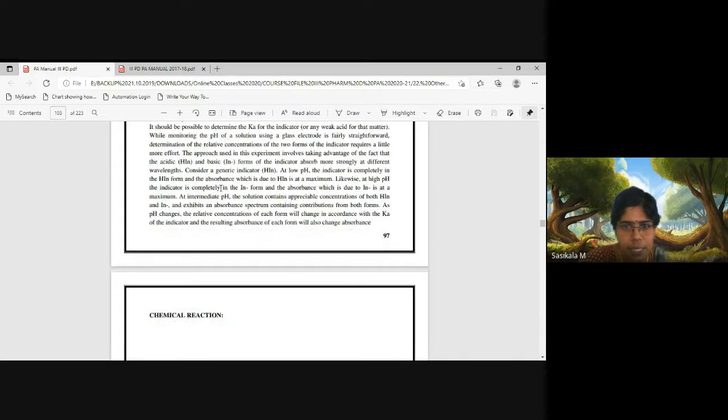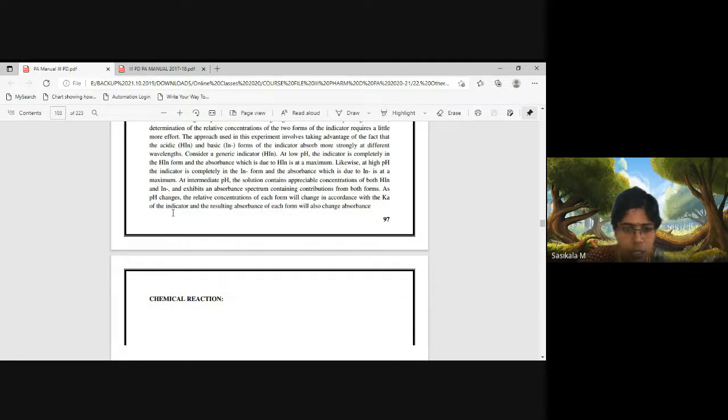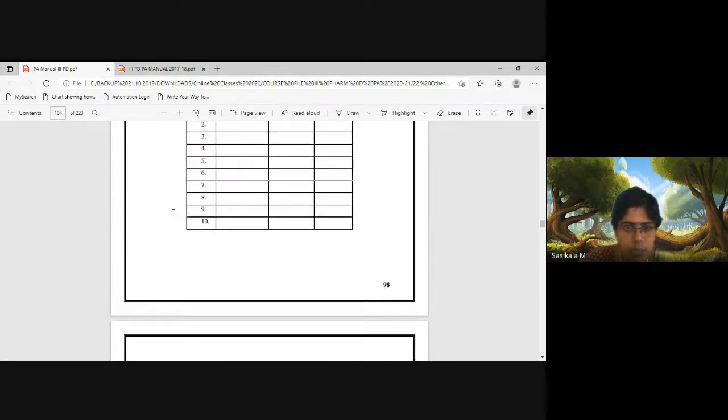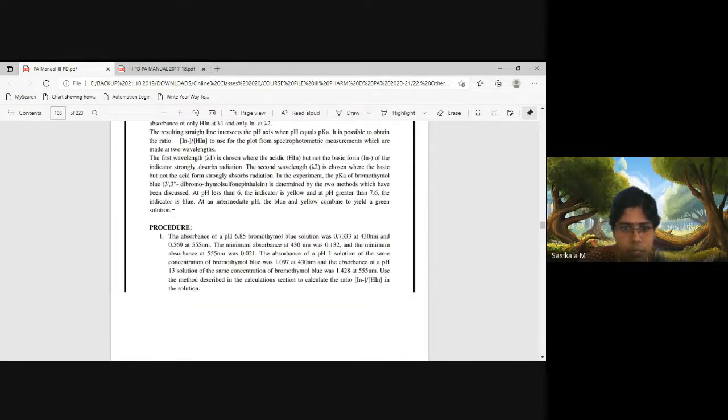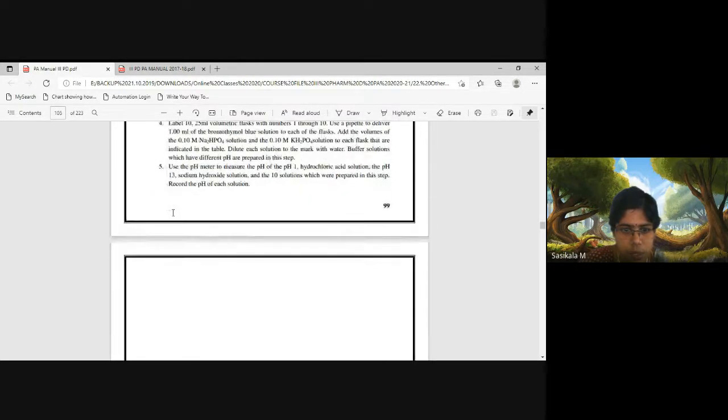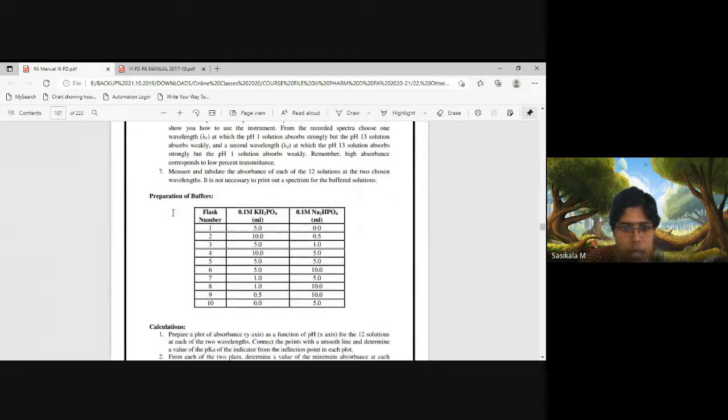These are all pH indicators; what is the actual principle behind the pH change with indicators? Okay. Now let's see the procedure. I have given the material only for this. Now let's see only the procedure so that you will understand what you actually have to do.